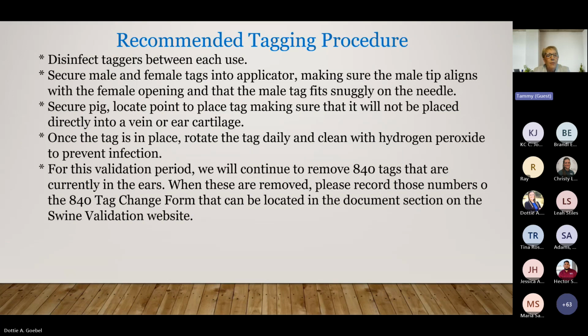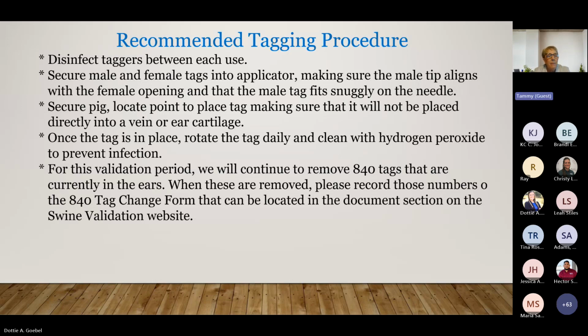Recommended tagging procedures. Please make sure you disinfect the tags between each use. Make sure that you secure the male and female tags into the applicator, making sure that the male tip aligns with the female opening and that the male tag fits snugly up on the needle. If you don't have that male tag securely against the top of those taggers and you start to put those in, you're going to have some issues with the tagging process.